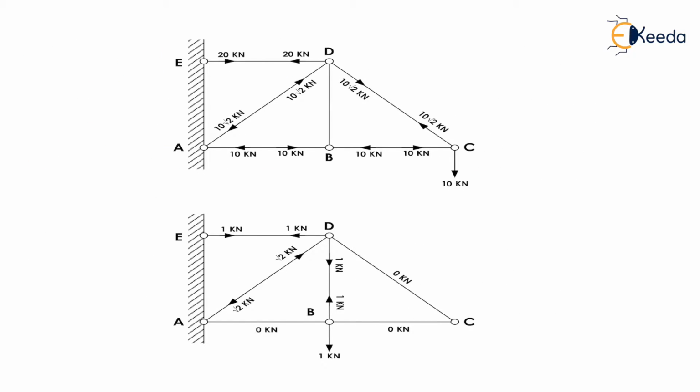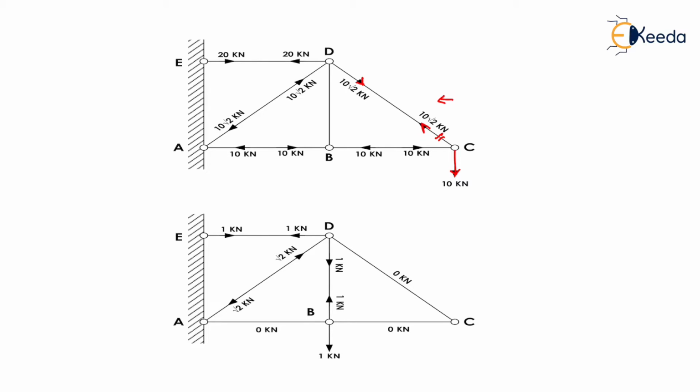Now, for the determination of the P value, we will go for the simple process of analysis of the truss. A 10 kN force is acting in the downward direction, so to maintain the vertical equilibrium of joint C, we need to create a 10 root 2 kN force like this. Now, to maintain the member equilibrium, we need to create a 10 kN load like this. Similarly, for the horizontal equilibrium of joint C, due to this inclined member, a 10 kN force is acting in the leftward direction.